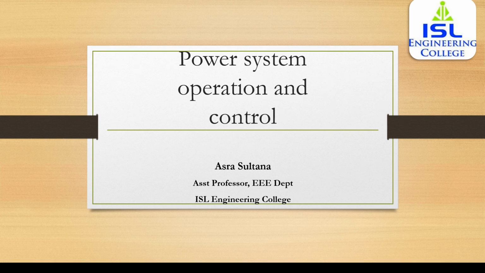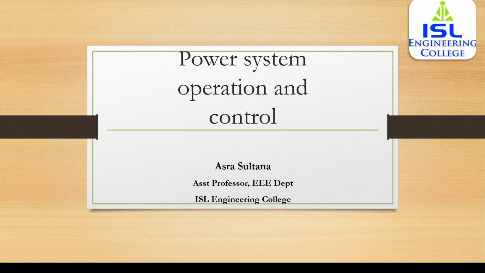So today we are going to see another session of Power System Operation and Control subject for EEE final year students. Already we have seen in the previous classes what is economic dispatch problem. The main aim of economic dispatch problem will be to minimize the total cost of generation of real power at various stations, but at the same time it has to satisfy the loads and losses in the transmission lines.